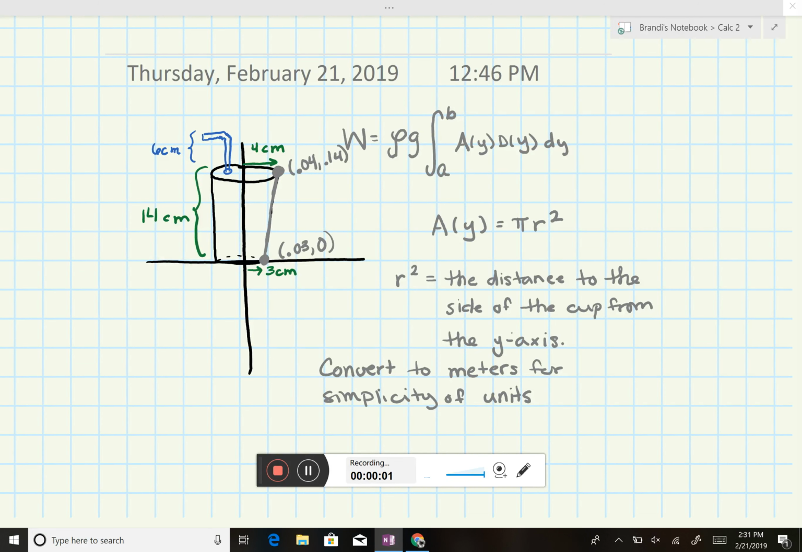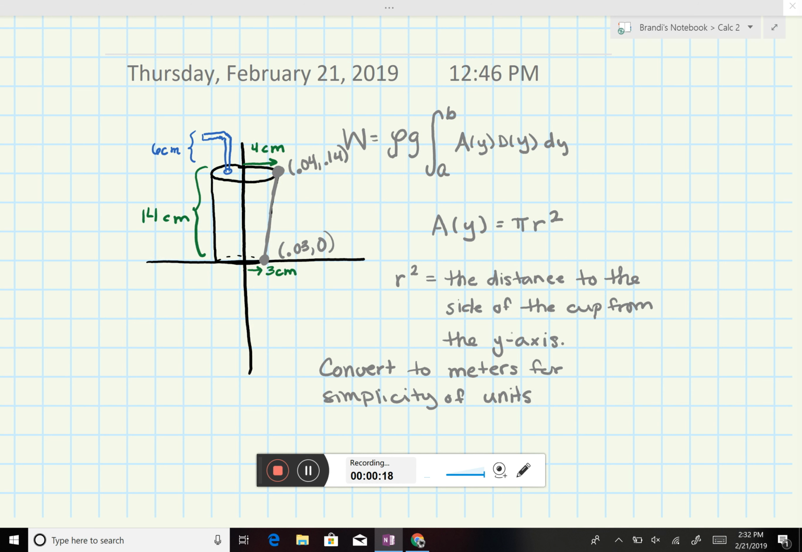Hi all! Today we are going to talk about how to drink through a straw. Drinking through the straw is a lot more complicated in Calc II, so we're going to spend some time on how to drink through a straw. We want to start with our work equation because we're going to talk about how much work it takes to